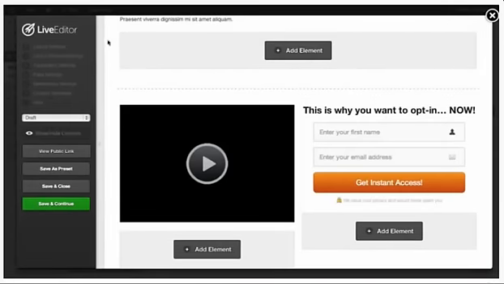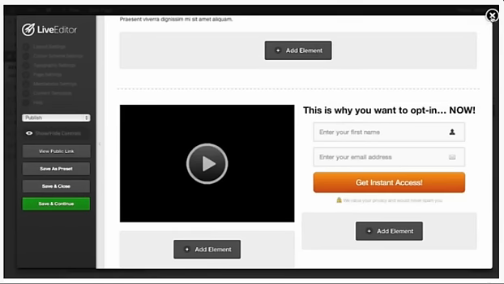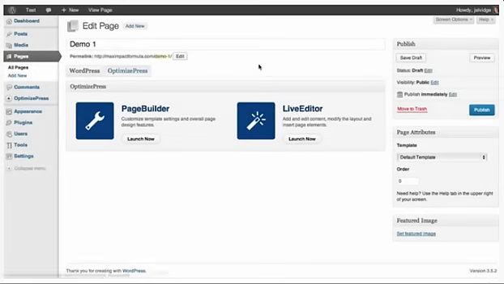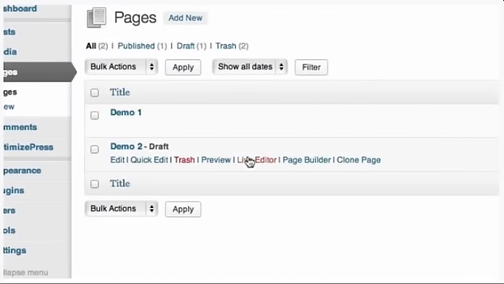When you're ready to publish your page, over here in the left column of the live editor, simply change draft to publish. Then click Save and Continue. Now if we go over to our All Pages list, we'll see that our Demo 1 page has now been published. If we launch our other demo page into the live editor,